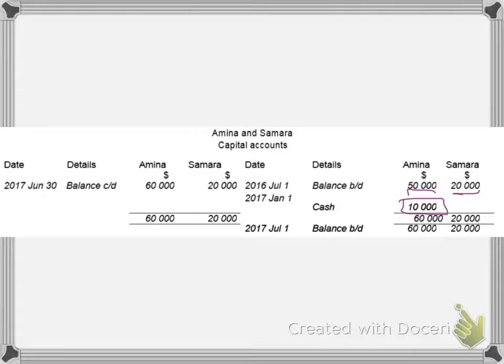In Amina's side we write 10,000. Then we calculate the total. We get the total, and write the same total on the other side, and then just balance it. You get the answer. So this is how we do a profit and loss appropriation account, current account, and a capital account. Also remember to always keep the dates in mind. So see the dates and check out the dates. Like for the profit and loss, we had to do into 6 by 12 and into 4 by 12 into 8 by 12. So there'll be different questions like that. So you'll have to check that out.